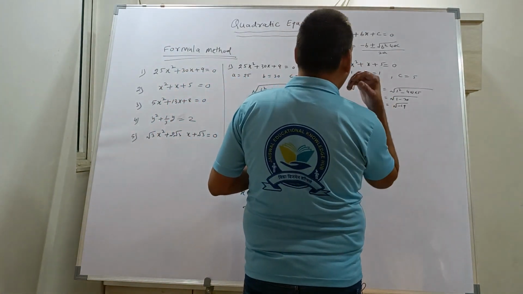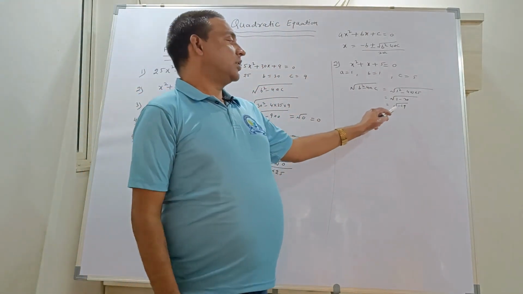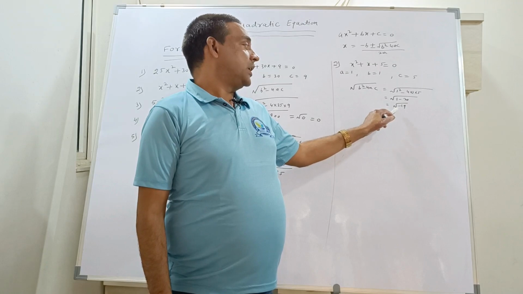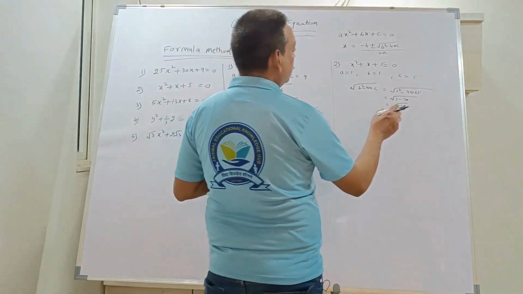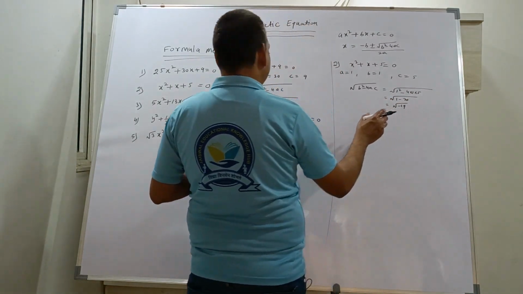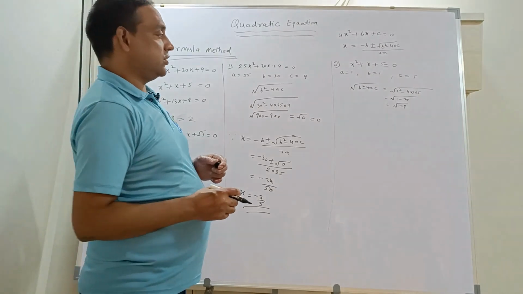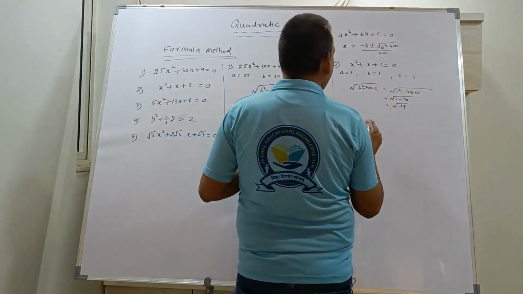Afterward you will get the complex number chapter. In that you can find out the root of negative number also, which we call iota, and we use the symbol i. But we will not go into more detail. So we are just keeping the root of minus 19, but actually this has no real solution. If they ask you, you can simply say this has no real solution, but we are further solving this.